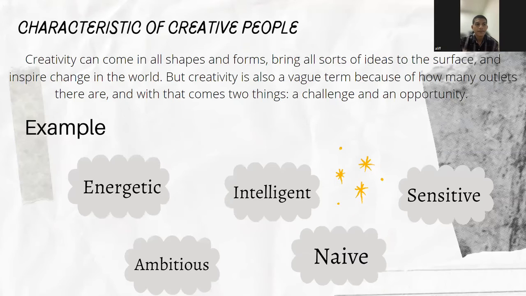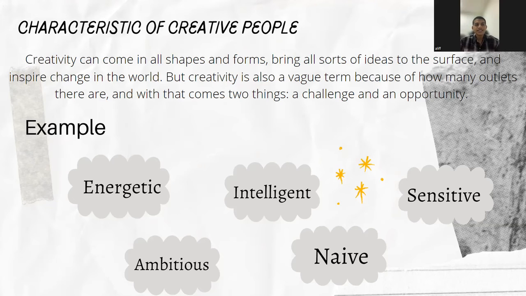Next part is characteristics of creative people. Creativity can come in all shapes and forms, bring all sorts of ideas to the surface, and inspire change in the world. But creativity is also a vague term because of how many outlets there are, and with that comes two things: a challenge and an opportunity. For example,